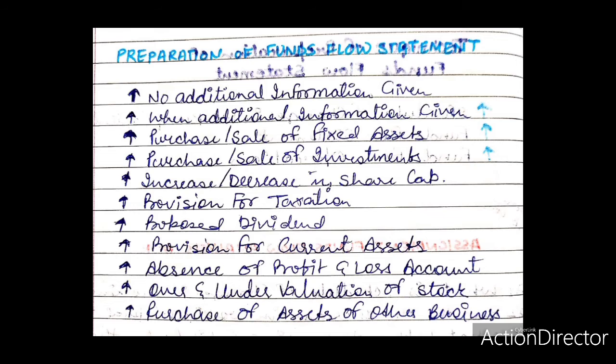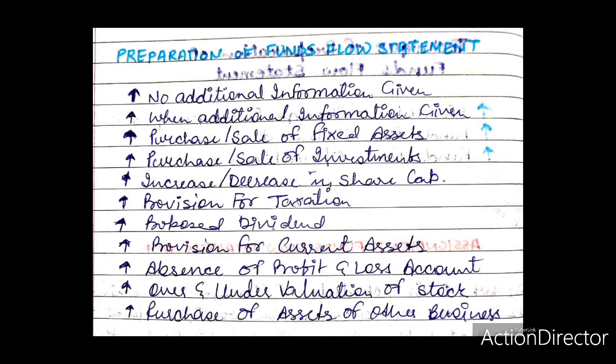Sometimes the provision for taxation is preferred to be treated as an appropriation of profits for the purpose of funds flow statement. It does not mean in any way that this treatment will affect the classification of provision for taxation as a current liability in accounting. The AS3 also requires that tax paid during the year, being a material information, should be disclosed in the funds flow statement. Therefore, in this approach, provision for taxation is treated as an appropriation of profits.